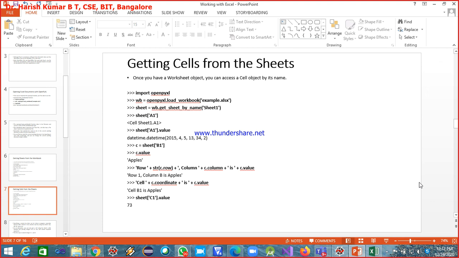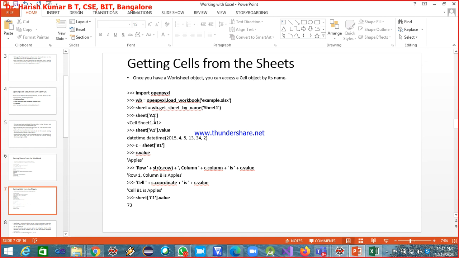Okay, this is the next thing. See, I'm just interested in accessing a few cells from sheet 1. So this is what I'm doing. Creating the workbook object and then the sheet object. Now sheet of A1. Okay, it says cell sheet A1.